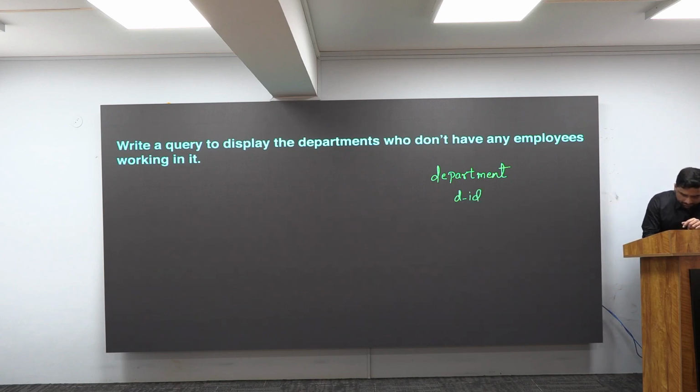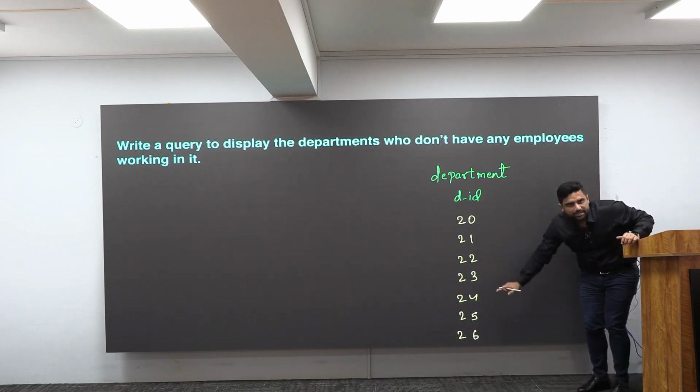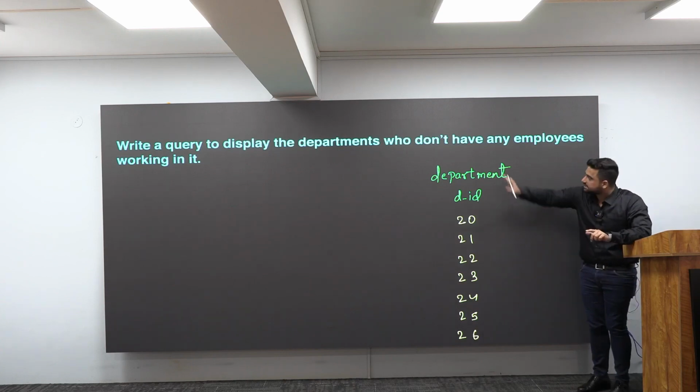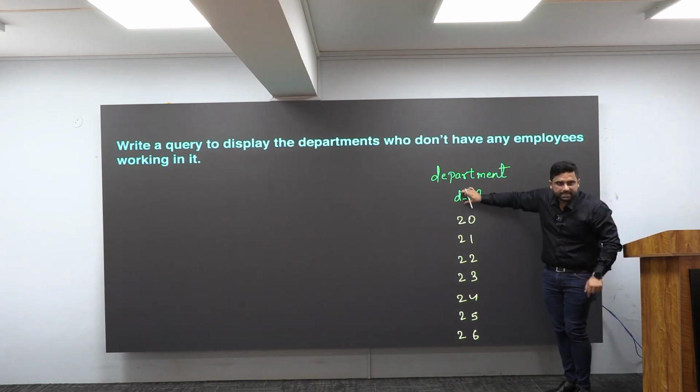Department ID. How many departments do we have? For example, we have 20, 21, 22, 23, 24, 25 and 26. So these all are the departments which we have inside a department table, and the same column department ID we